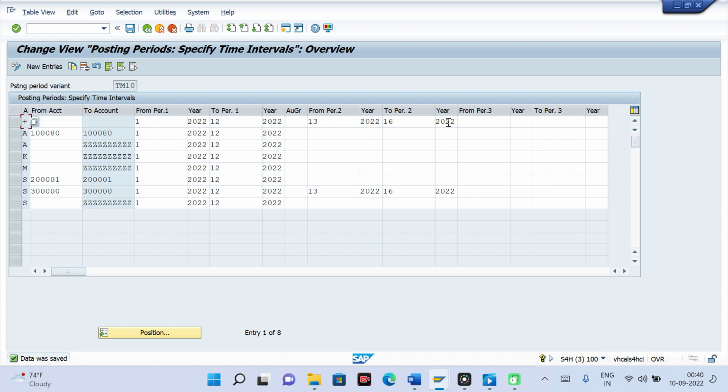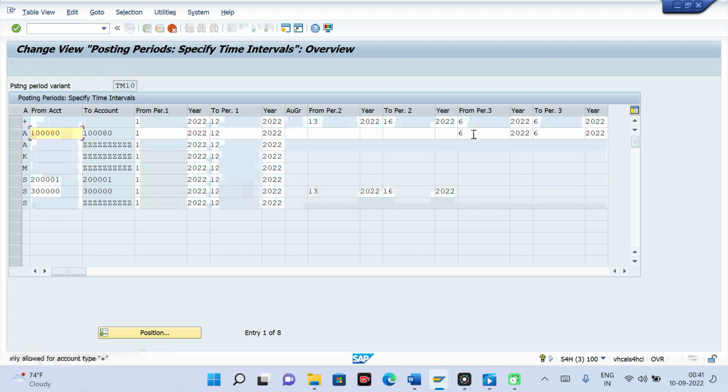Now, if you mention here, you can mention only for plus, you cannot mention for other. For example, let us see here. 6th period 2022. If I try for other, for this line item, it will throw an error. For other than the plus side, it will not allow me.